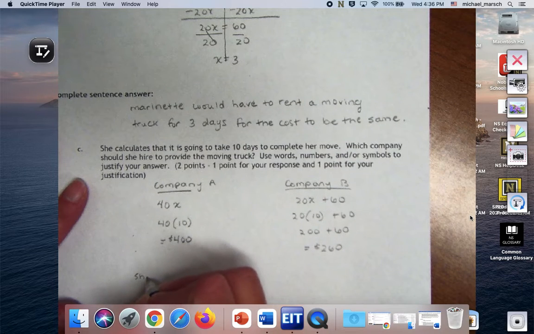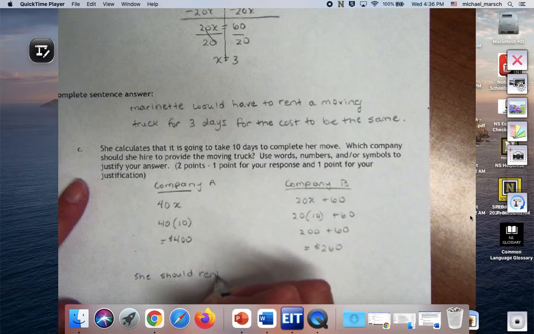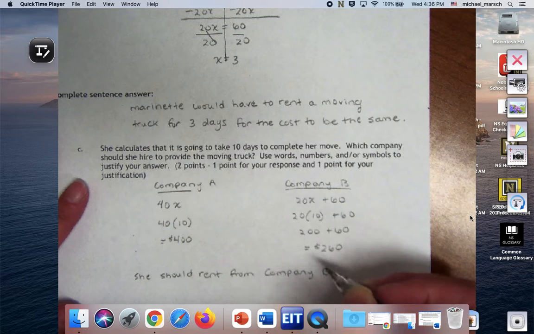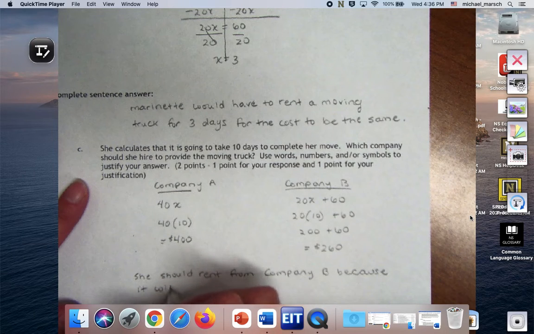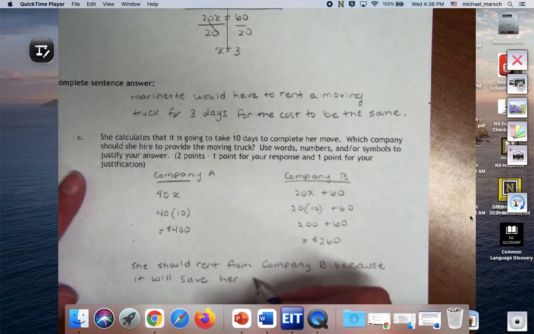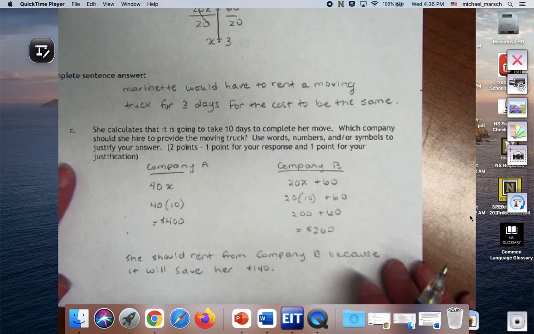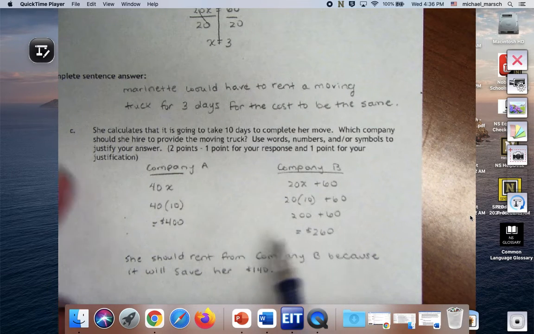Well, she should rent from Company B because it will save her $140, right? Now, the word part is that some of you may have already noticed, after 3 days,